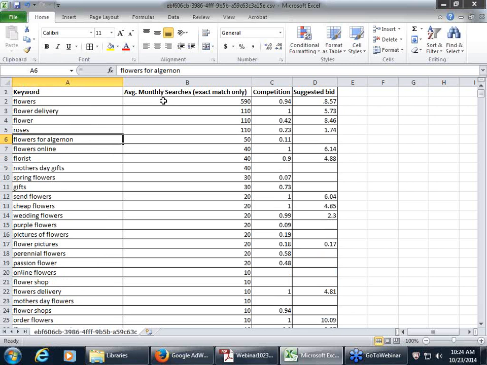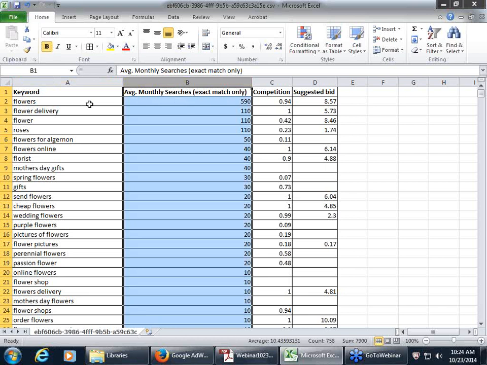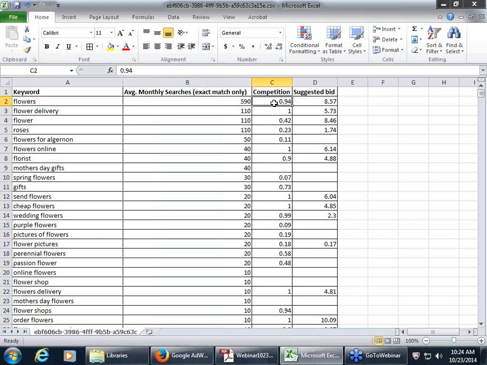Common sense would say that keywords which more people are searching for online in Google are more competitive. Why? Because advertisers know that more people are searching for this particular keyword, and thus the competition for that bid drives up the cost. But that's not always the case. As you can see right here, I've sorted the keywords by the number of people searching for that keyword in that area, and the competition is not totally directly correlated with that. There are a few keywords that don't fall along that line.